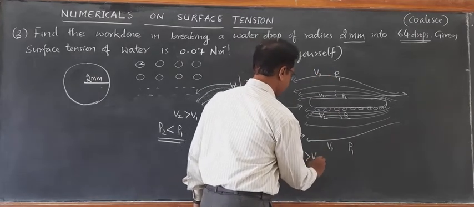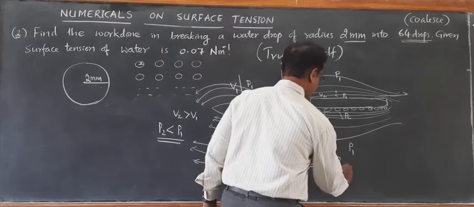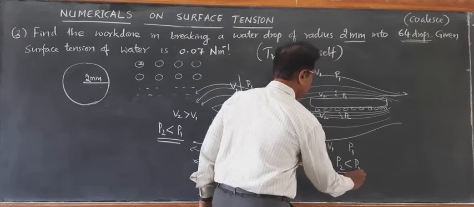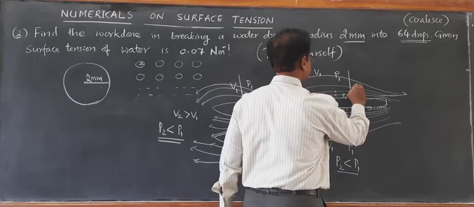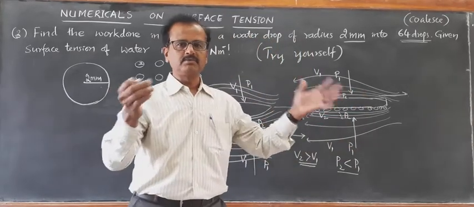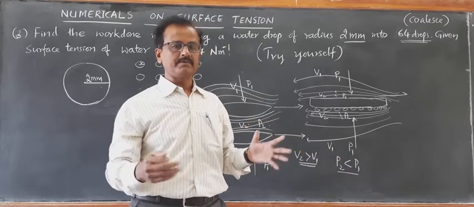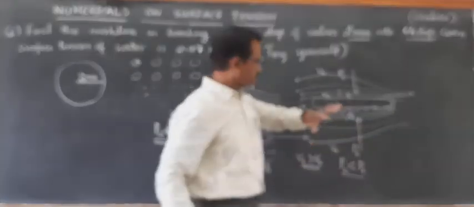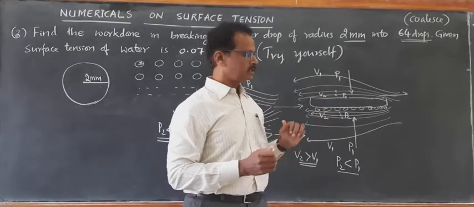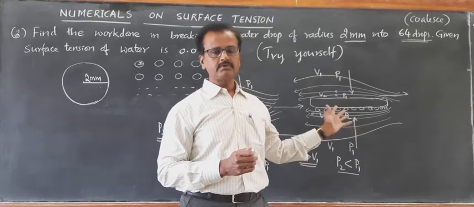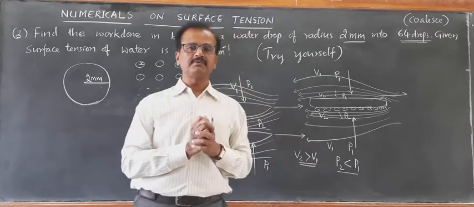When V2 is greater than V1, then what happens? There is a drop in pressure. P2 becomes less than P1. When there is a drop in pressure, there will be a push from behind. The person who is standing there will not come to know what is happening. Suddenly he will be pushed inwards and he is going to fall into the track. So again, this is due to the difference in pressure. This is explained based on Bernoulli's principle.